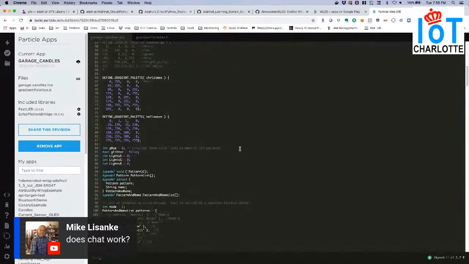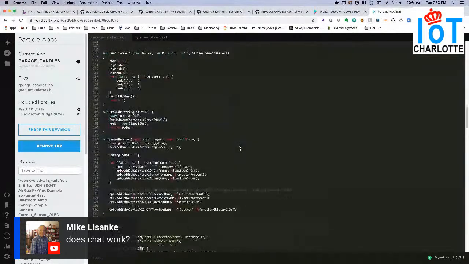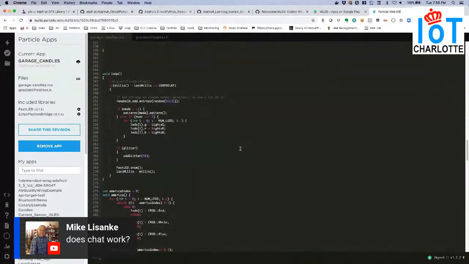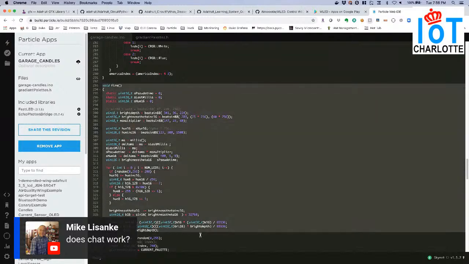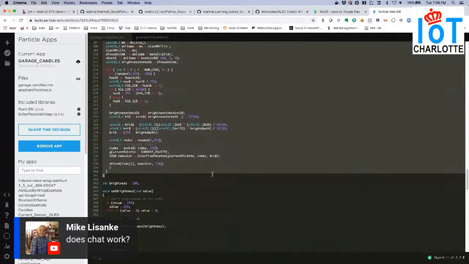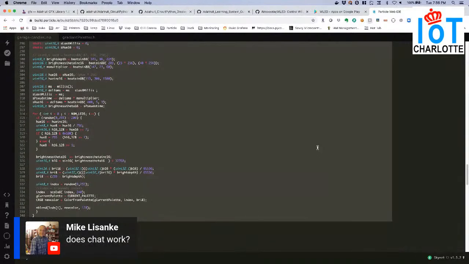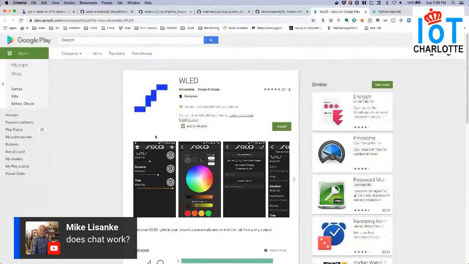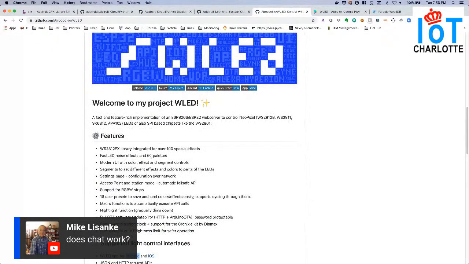So this is something written with FastLED, and it's cool, but the problem is I have to write functions for, like, this is a function to display fire, right? And this function randomly generates what looks like fire on an RGB LED. WLED would have that and other effects built in,